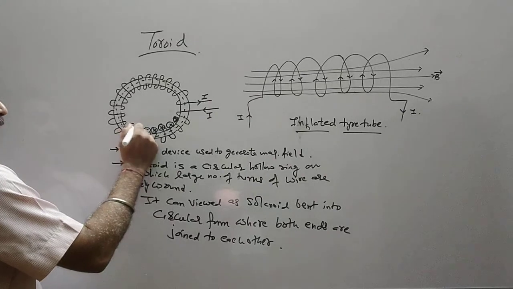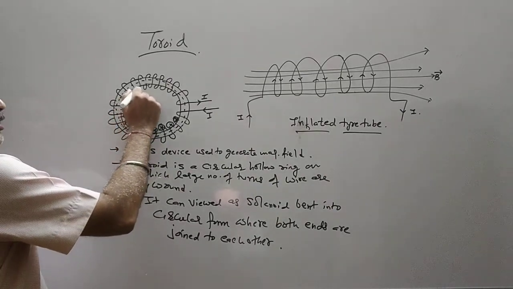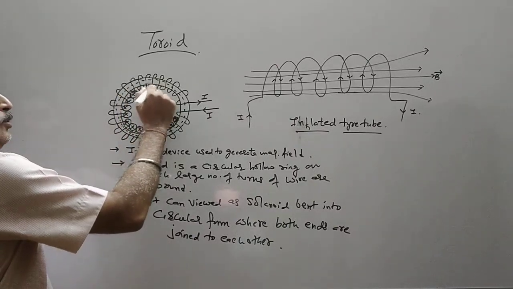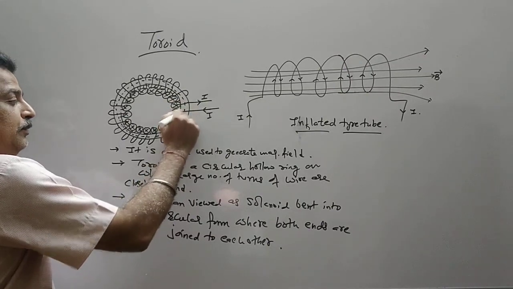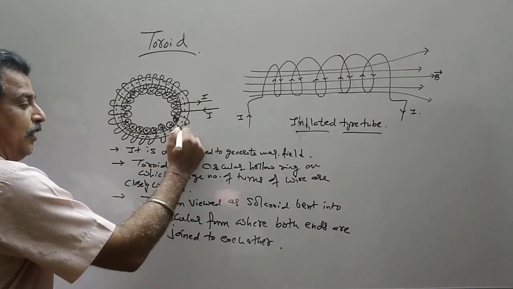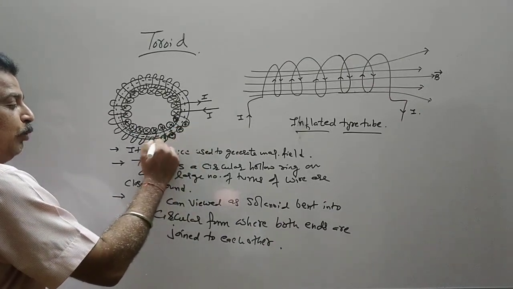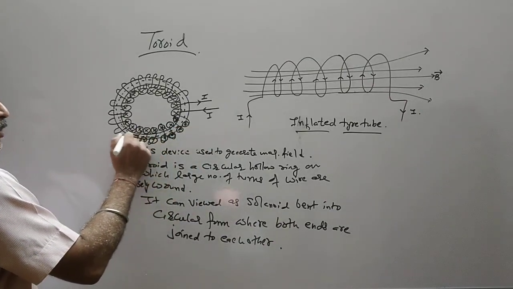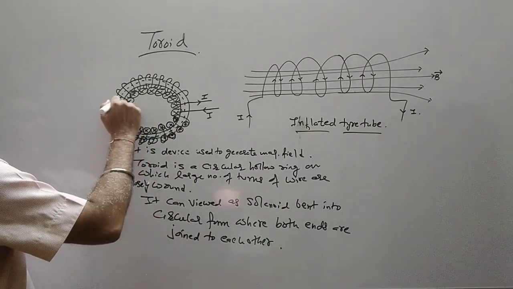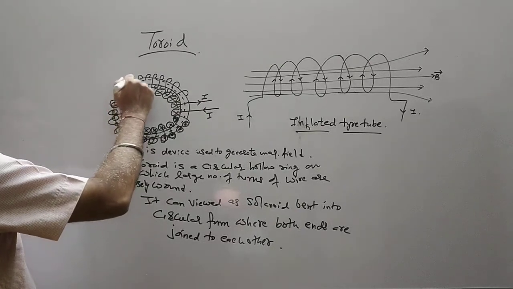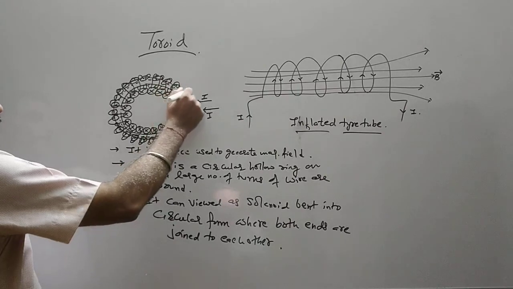Now we will keep a wire like this. We assume a wire in which the current is going inward. See, we will change the diagram, and from this end, which is denoted by a dot, the current will be coming out. So this will be the situation. The current will be coming out, which will be shown by a dot.